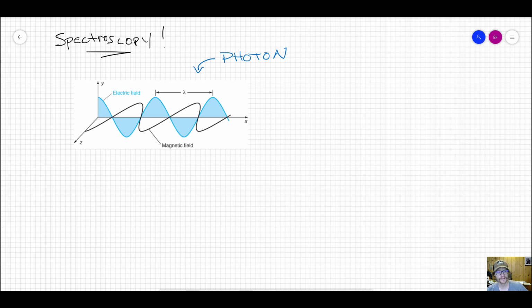Okay, so this is the introduction to spectroscopy. This is where things get really interesting. And this is where quantum mechanics becomes really apparent and some neat things happen. So virtually everything we know about chemistry and physics comes from spectroscopy, almost all of it, because the photon is